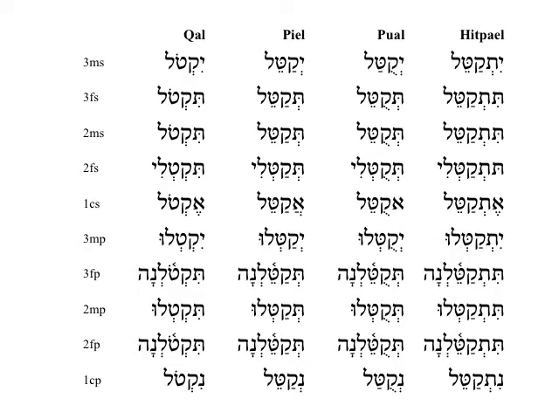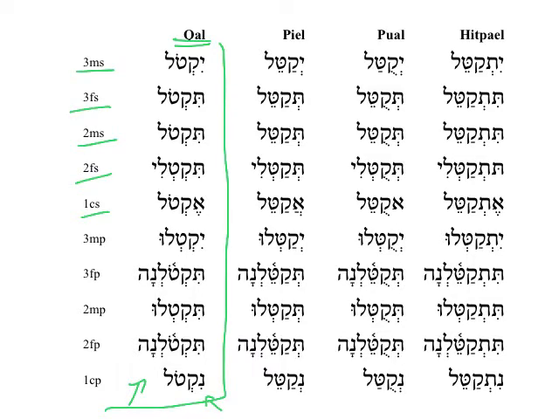Now, as we've noted in the past, one of the reasons we memorize the Kal and focus on it so strongly is the prefix pronouns and the suffixes that go with the pronouns: he, she, you, I, they, y'all, they feminine, y'all, and we. Those prefixes and suffixes, when available, are exactly the same for all of the different stems. So in the Piel, we have exactly the same prefixes and suffixes. Same for the other two minor stems of the Piel family.